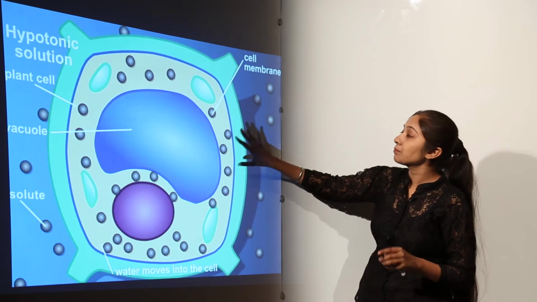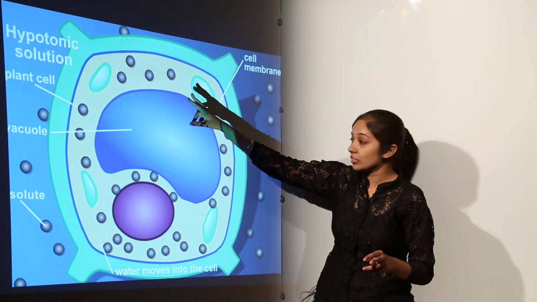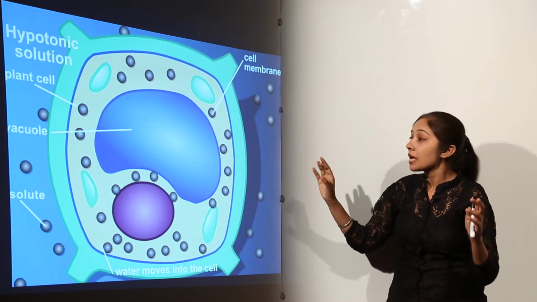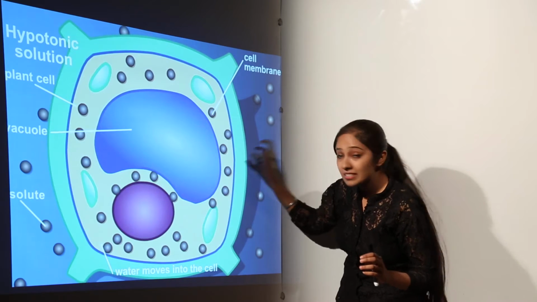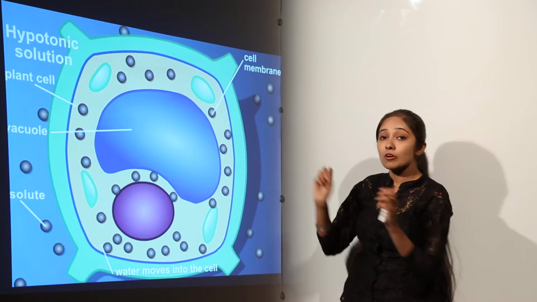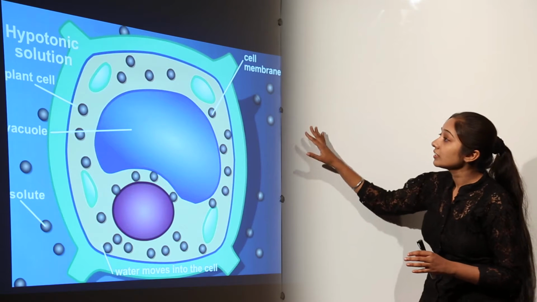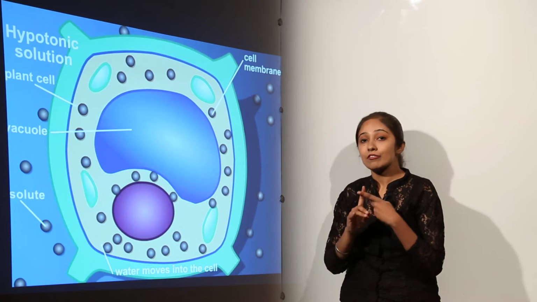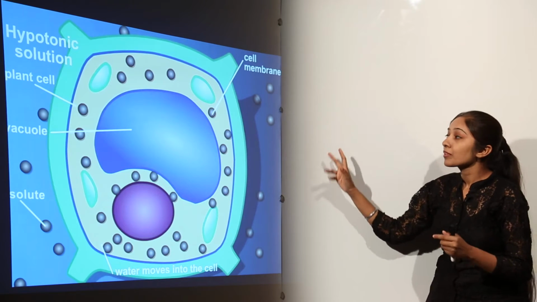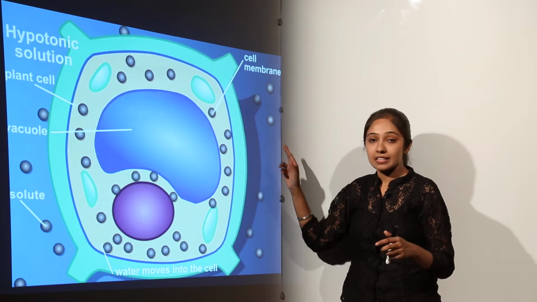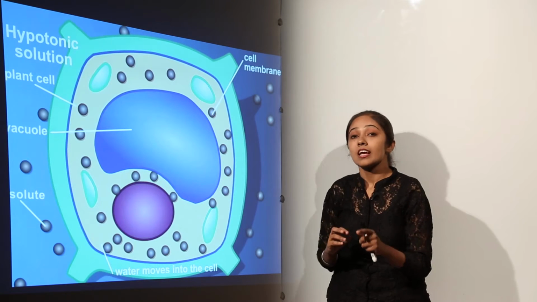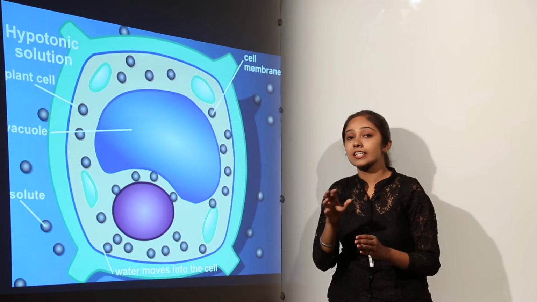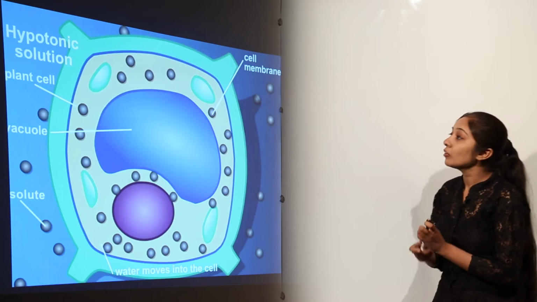When we place this plant cell in a hypotonic solution, the cell contents are going to increase, the volume is going to increase, but the cell wall has the capacity to protect the cell from bursting out. So, this is how hypertonic and hypotonic solutions have an effect on plant cells, and in the case of animal cells, we have talked about red blood cells and how hypertonic and hypotonic solutions have an effect on the red blood cells in human beings. So, I hope now this is clear to you.